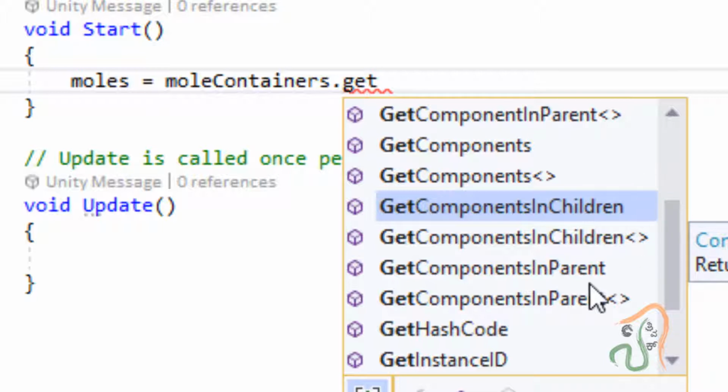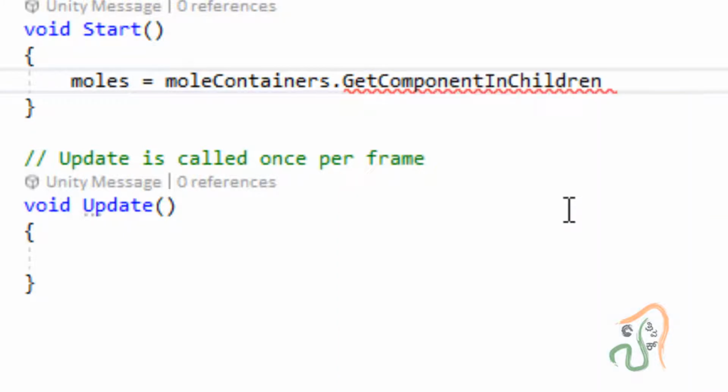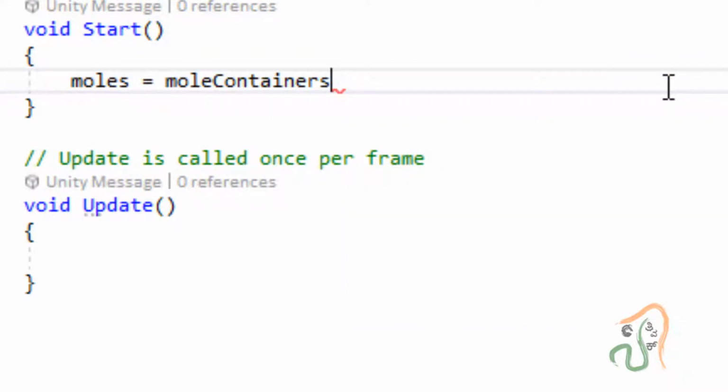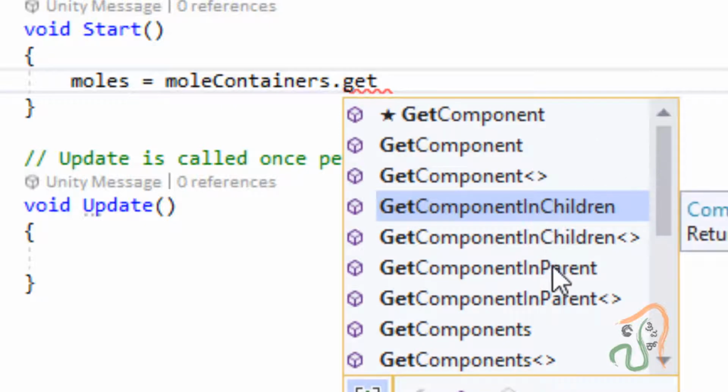So when you are using this, be careful, because you have two get component options. One is get component, singular, in children. If you select this, you will get an error. I will delete this now, and after mole container, press period, and here you have the plural, get components in children.